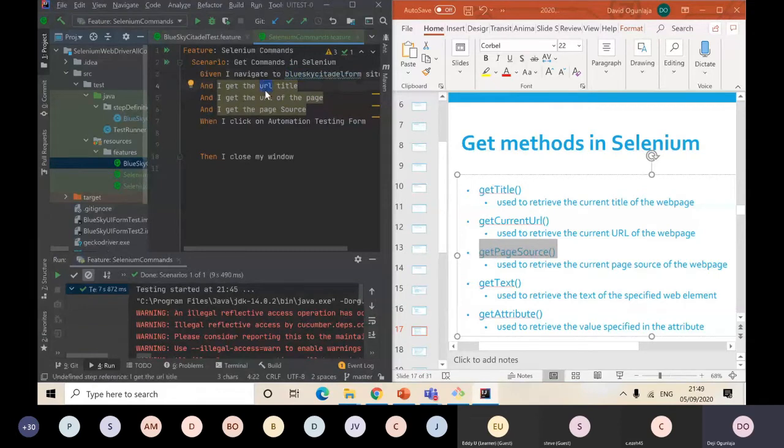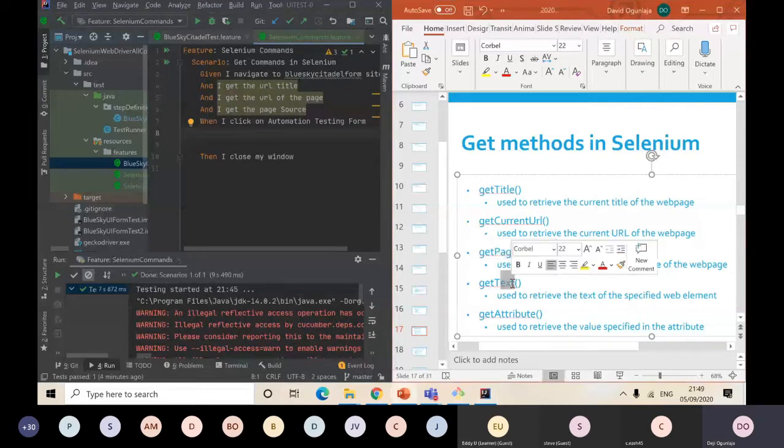We get the page URL. We get the page form. We get the page source. So maybe in the next 2 weeks, you can also assert to actually check that we are on that page using assertion, but we just want to get the URL, and that should be fine. Then after that, we navigate to the testing form page. And when we get there, we are going to